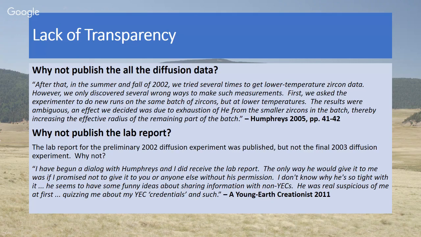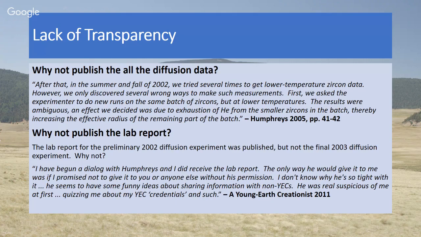So the lab report exists, but he will not share it. And he's actually suspicious of people who want to see it. My question is, what's in that lab report? Because if the researcher who published it quoted an activation energy or a closure temperature or anything like that, it would clearly show whether he used that low temperature part of the data or not. That would be a direct indication of what the experimenter did.